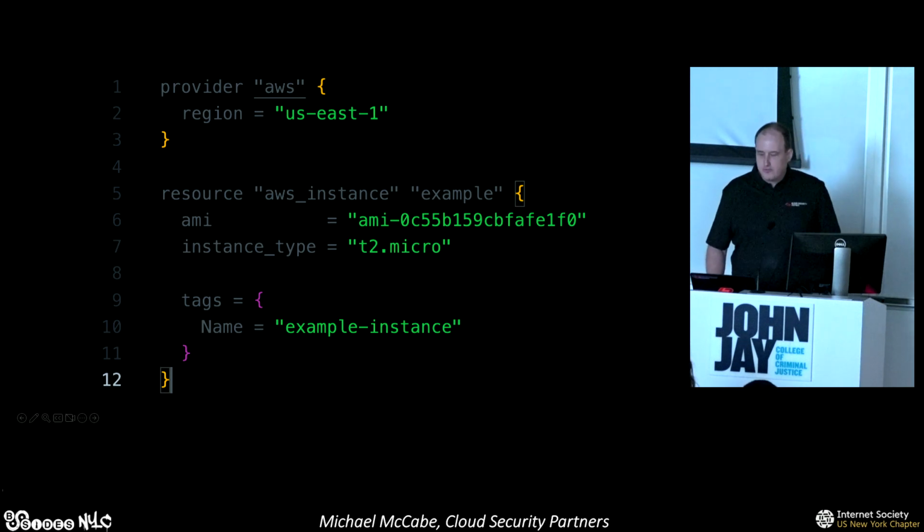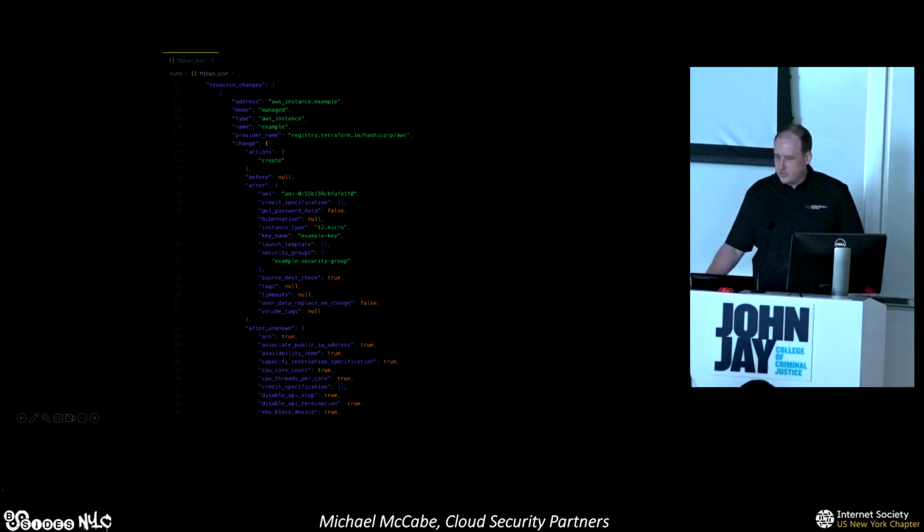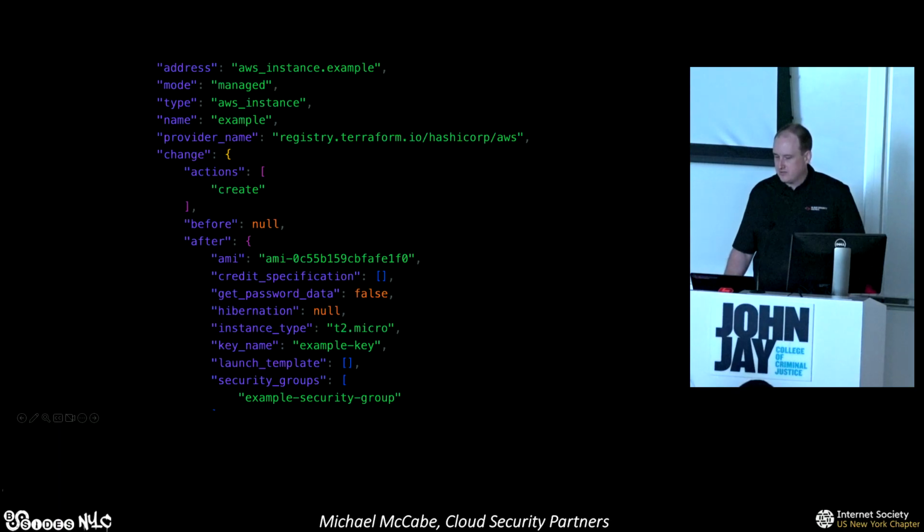And then you run Terraform plan, and this is what you get out of it, which is basically a spec for what's going to be created. So you can see the action is create. It's an AWS instance, which is an EC2. All these other somewhat interesting fields. You can see things like security groups there, key names, that's the SSH key. There's a fun one, get password data. So you can see all these individual fields for the resource that you're creating.